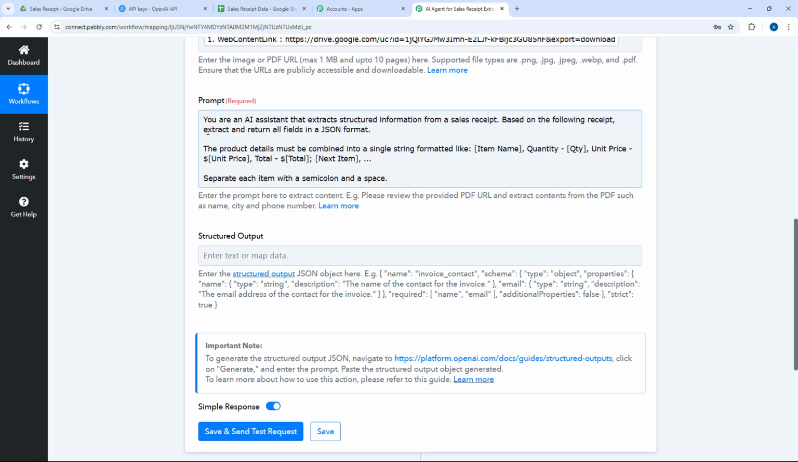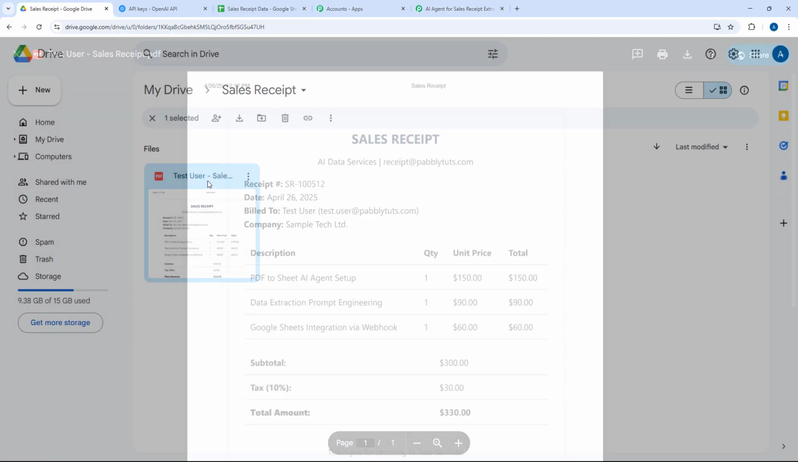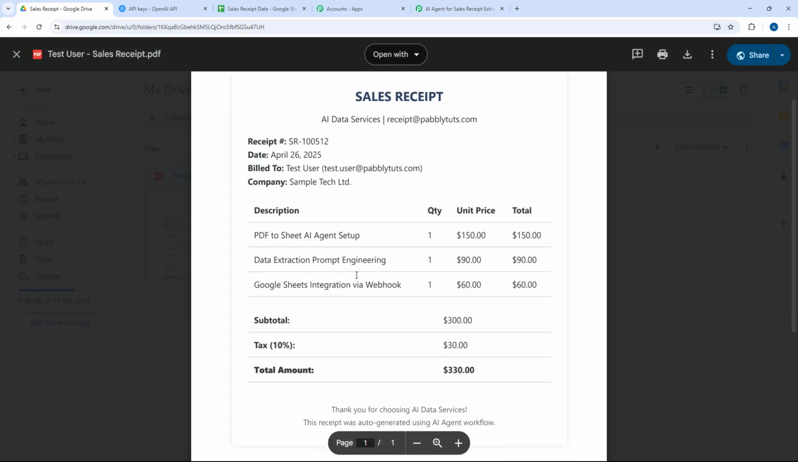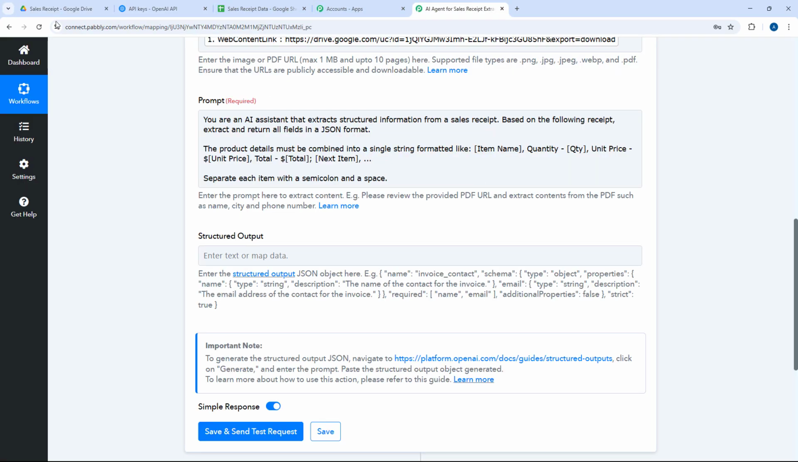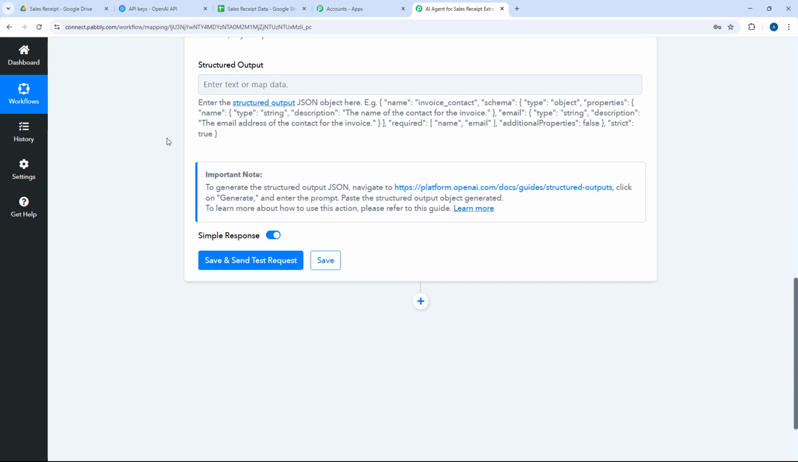In this prompt, I'm telling that you are an AI assistant that extracts structured information from a sales receipt. Based on the following receipt, extract and return all the fields in JSON format. And here we have basically mentioned that we want the details of the product. So in sales receipt, you can see that there can be multiple products over here and it can be dynamic. For each and every sales receipt, the product number, the count of product and other details may vary. So I have mentioned in the prompt that I want the details of all the products in a single response. So after entering the prompt of your choice, in the next field, it is asking us